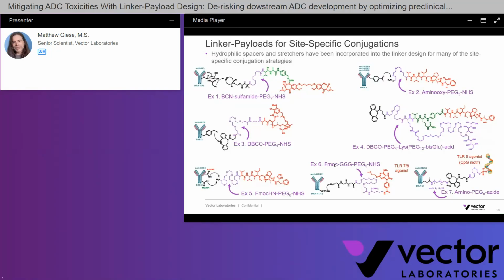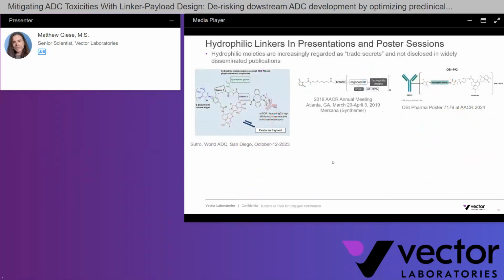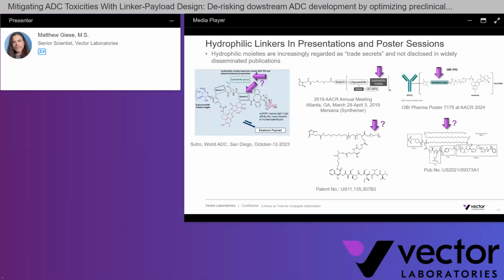So PEG components are certainly finding a place in site-specific conjugation technologies, and oftentimes it's just to facilitate the conjugation, whether it's to offset the hydrophobicity of DBCO or give the enzymes a little more room to work. You do have to be able to make these things in the first place. If you go to conferences or investor presentations, you'll see that these hydrophilic components in the linker are increasingly regarded as trade secrets, and they're not disclosed in these widely disseminated publications. But if you spend some time digging through associated patents, you can make some good guesses, and oftentimes they do